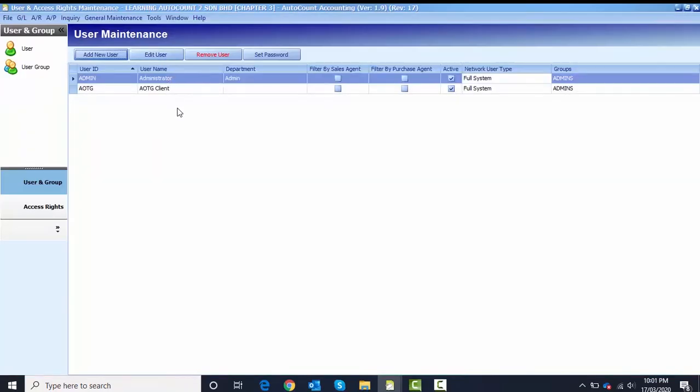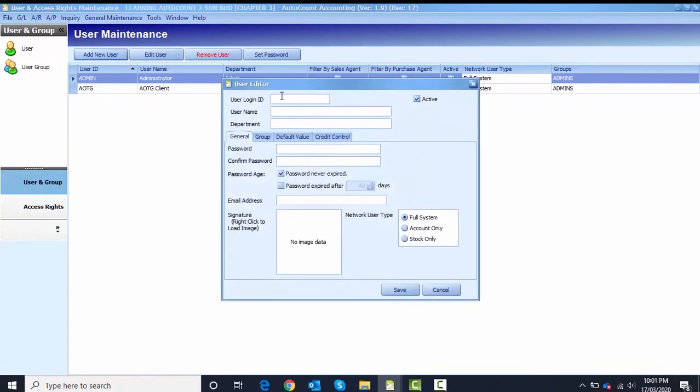Currently we only have two users. First is admin and the second one is AOTG. We can just ignore the AOTG, and the admin is the admin of the AutoCount system. To create a new user for our new employee, you need to click on add new user. For the info of the new user, you can refer to task 3.10,